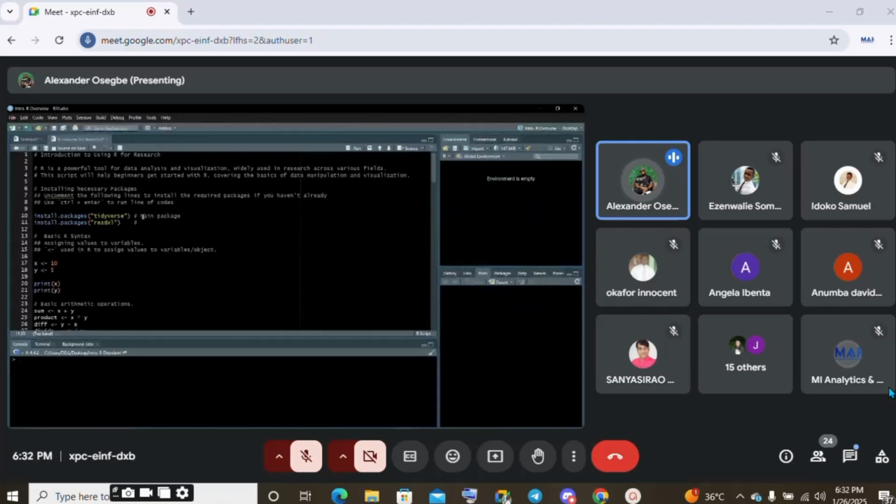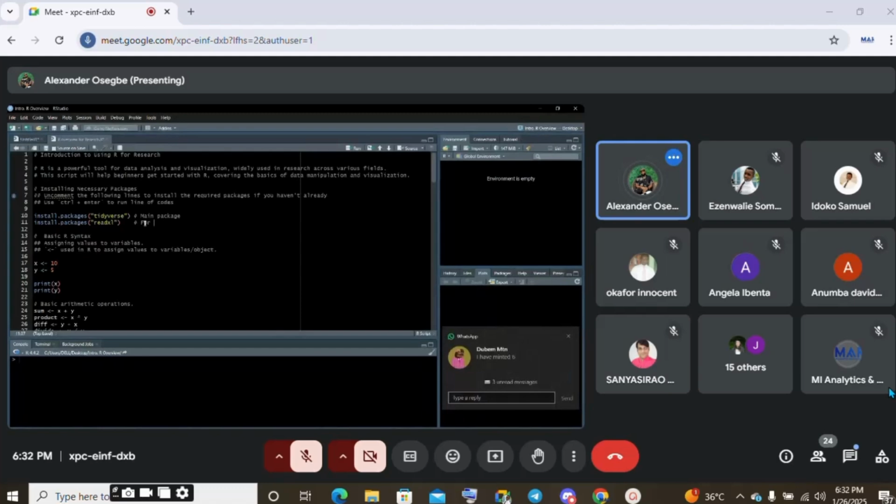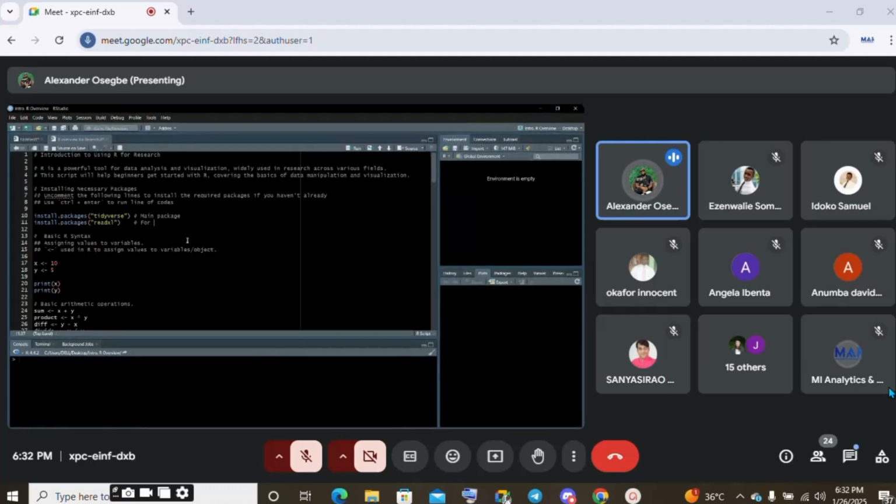So for data manipulation, visualization, importation of CSV files, we have it in the tidyverse. But this readxl package is not in the tidyverse. So it's on its own. You need to actually install it separately. So it's for Excel